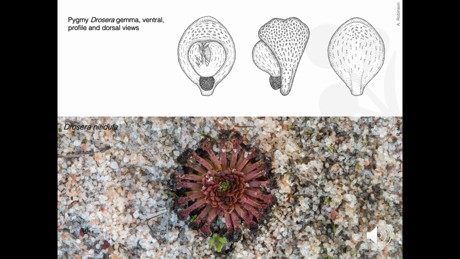And finally, pygmy sundews produce gemmae. Gemmae are tiny, modified leaves bearing embryonic plants and roots, and they are capable of producing new plants very quickly. They form densely in the center of each rosette at the start of the winter growing season, pushing out against the surrounding stipule bud, creating an unstable state of tension.